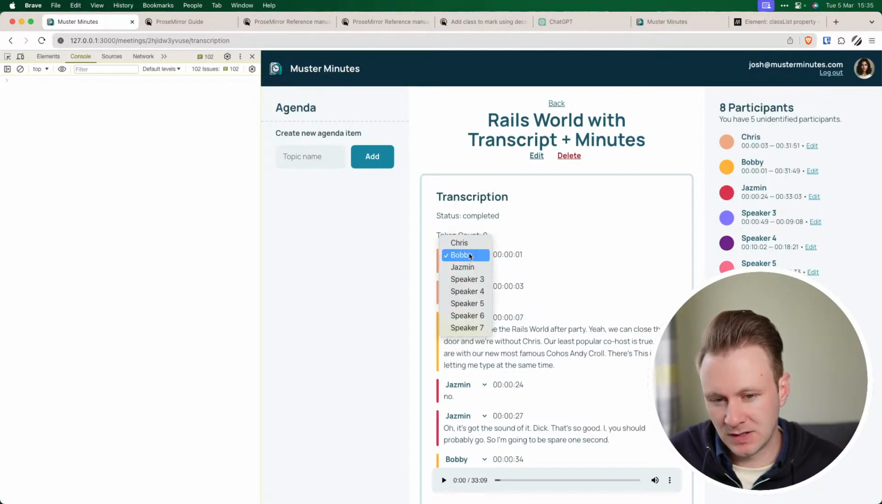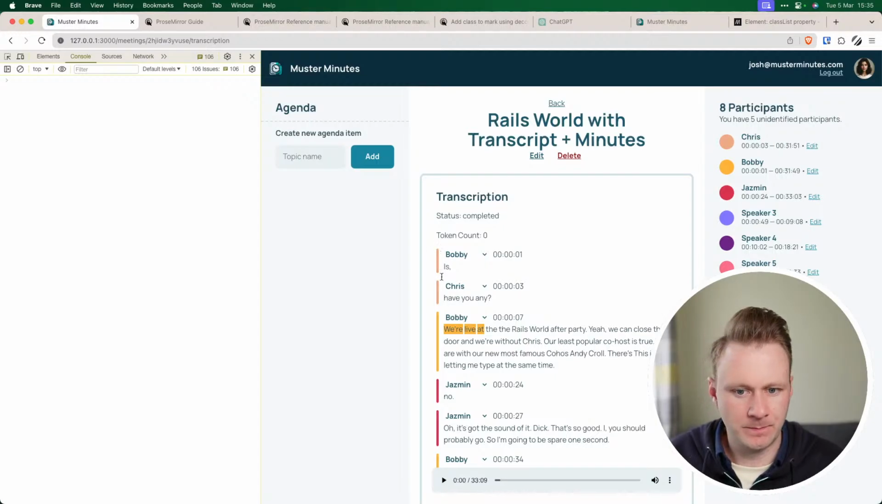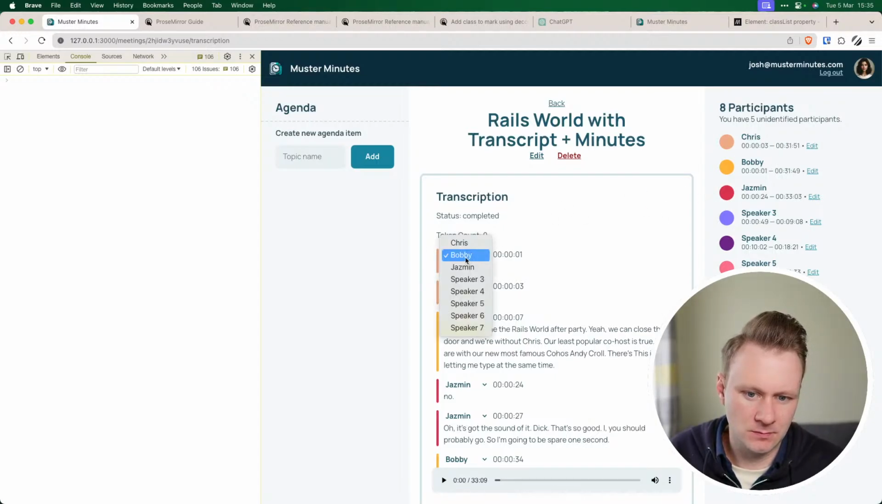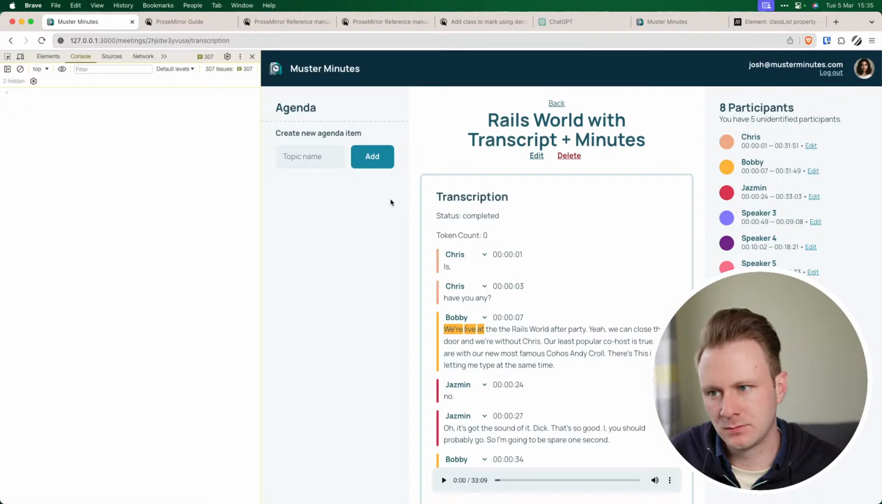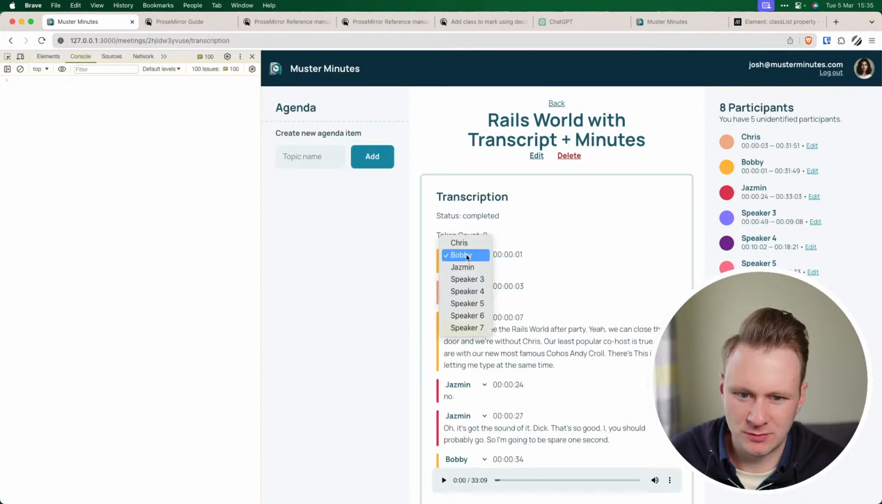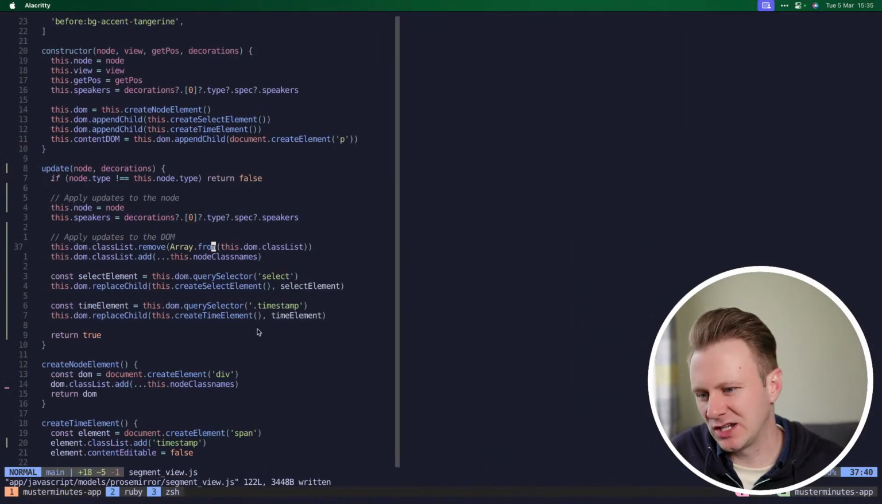Changed Bobby. That's not updating. Chris 1. That does update. Obviously, if I set it to Bobby and then refresh, that changes. It changed back just then, but it's not changing again, so